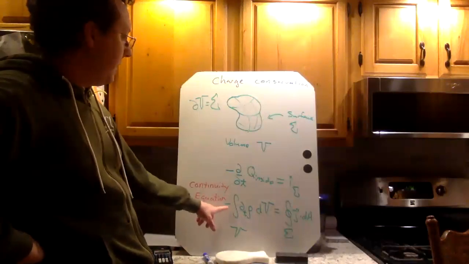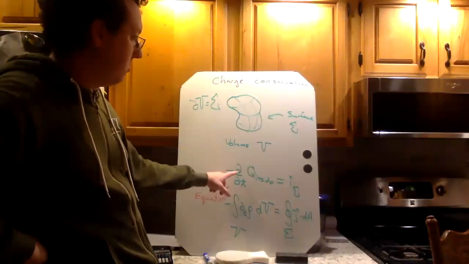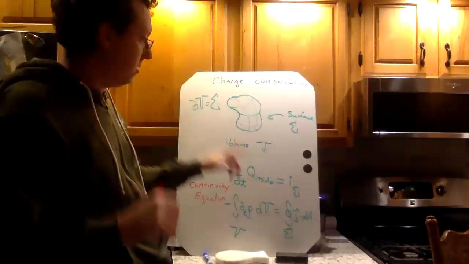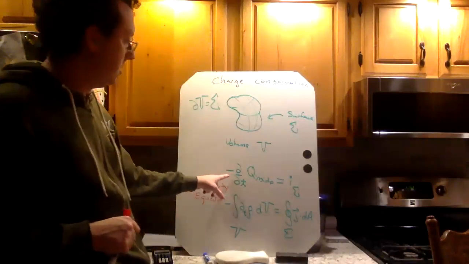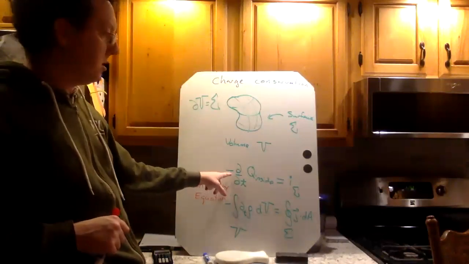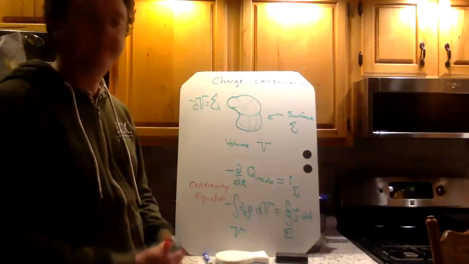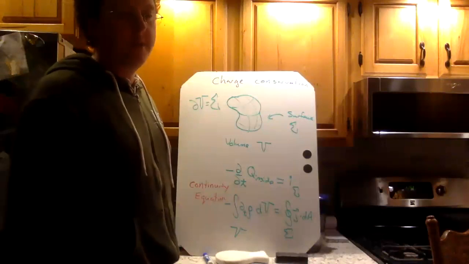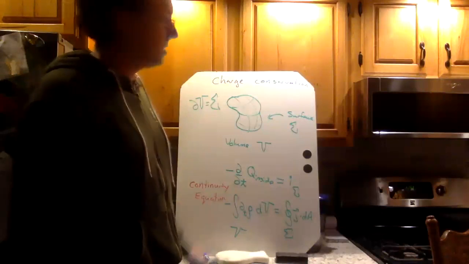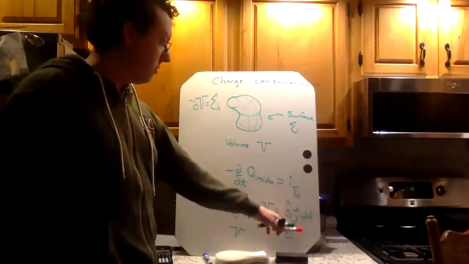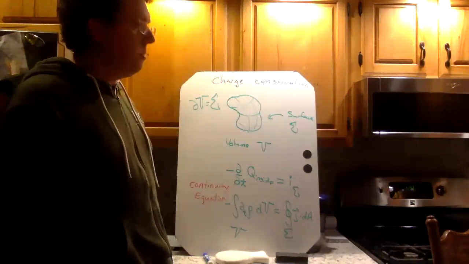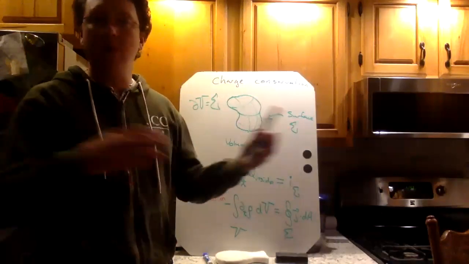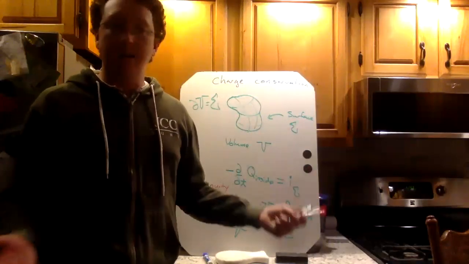Okay, the main thing is don't forget the minus sign. The current measures the outward flow, but outward flow represents a loss on the inside. That is the formal definition of current. We'll see a little bit more with current density J. Most of the time we will work with I, just the overall current in a wire,